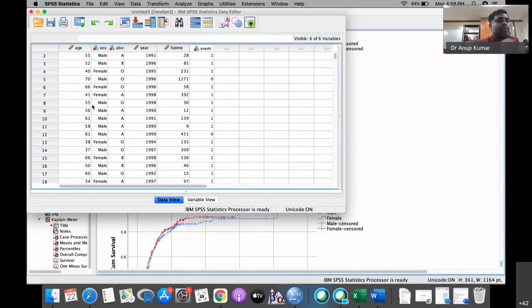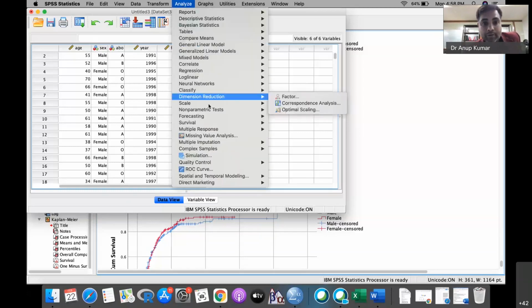For this, Cox regression analysis is suggested, and tomorrow in the practical classes we will discuss this Cox regression analysis, after Dr. Prabhakar discusses it in the theory classes.